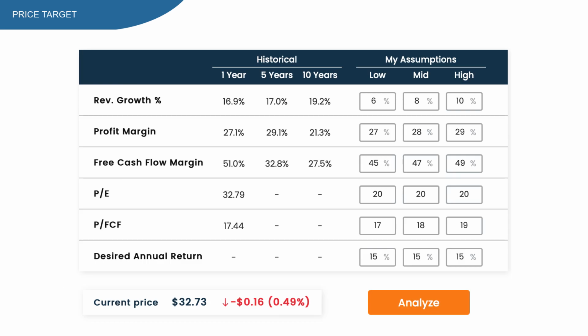Well, let's check the price targets that I created using the Everything Money software, which is one of the best tools out there. I'm using a low, mid and high assumption to get the 3 price targets, starting off with revenue growth. For the revenue growth I'm filling in 6%, 8% and 10%, since I think they will increase the revenue at lower numbers versus the historical averages. Next to that, it's also based on the analyst expectations and the current